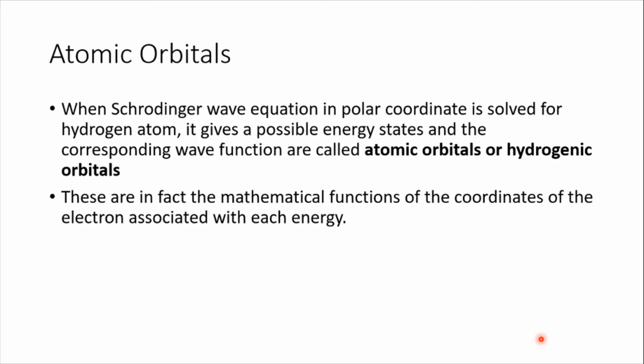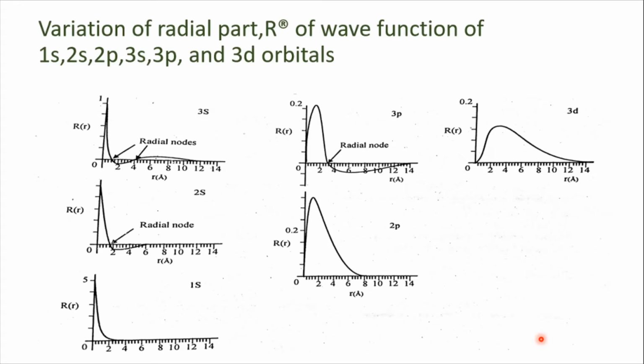In the previous lectures, you have studied the Schrodinger equation, the significance of the wave function, and what we get from the wave functions. These are in fact mathematical functions of the coordinates of the electron associated with each energy. You will understand this when you look at the table